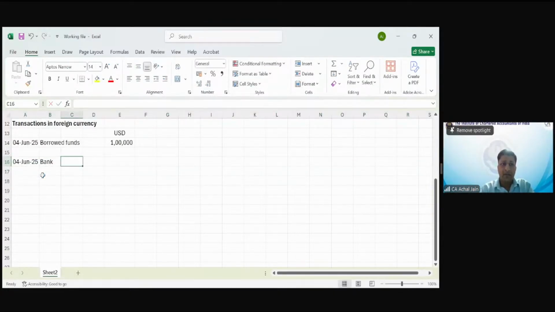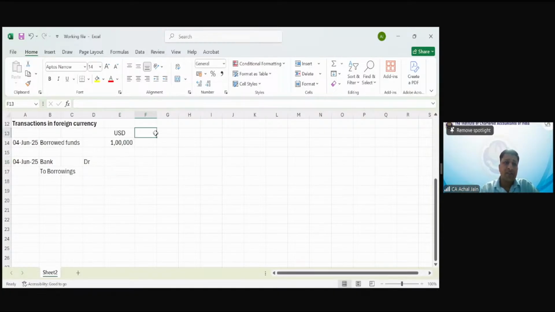Bank debit to borrowings. Yes or no? Now comes the problem that, okay, this recognition is done, but how do you measure it? Yes or no? Amount you will need. So the accounting standard 11 says